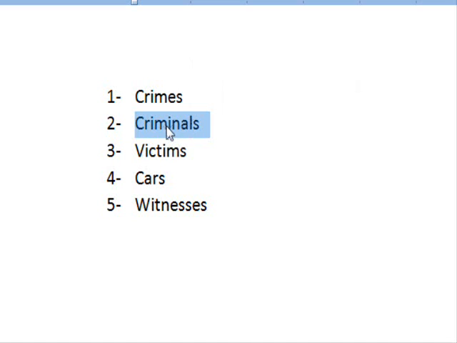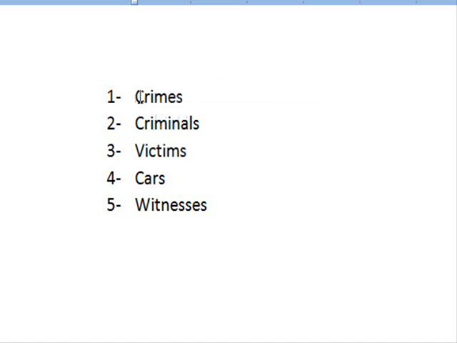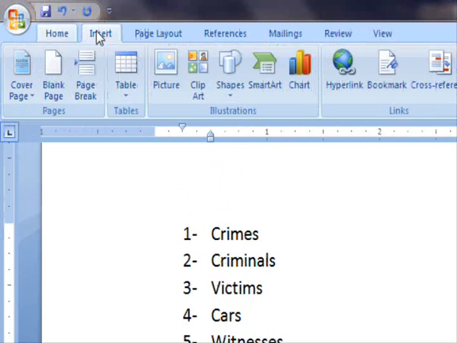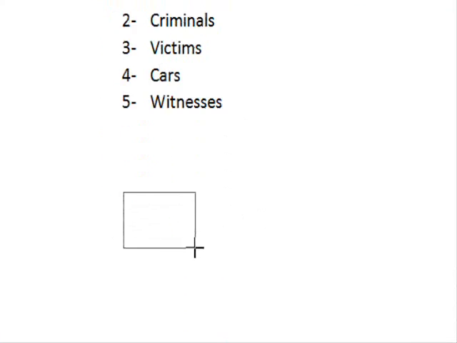If you think about it again, you will find out that a criminal could commit multiple crimes, right? And a single person could be a victim of multiple crimes as well. And it is also possible for a witness to witness multiple crimes. Okay, and the same goes for the cars being used to arrest those criminals, right? Which means when you want to design the database, you will have this table, and this table is to store